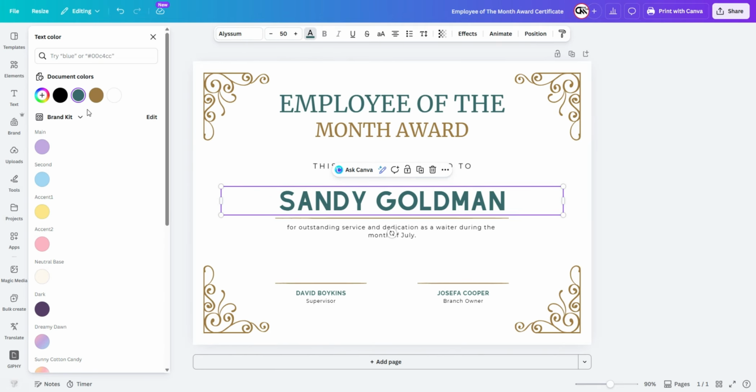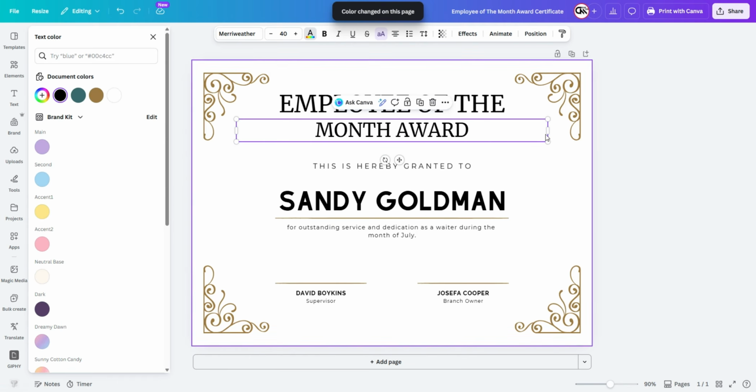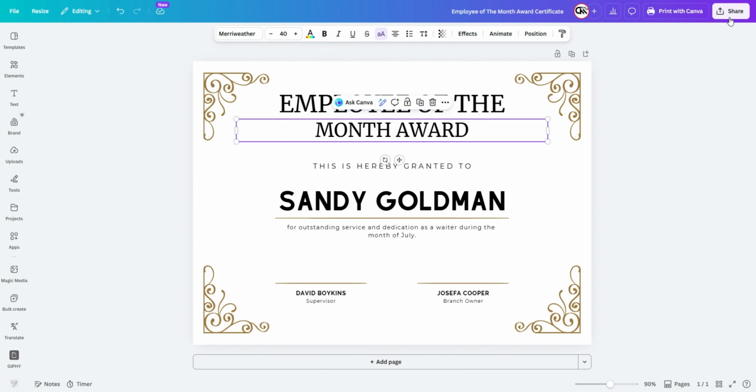Next, I'll click on the main heading and open the text color menu to change it to a darker shade from my brand kit. Now that I'm happy with the design, I'll go to the top right corner and click